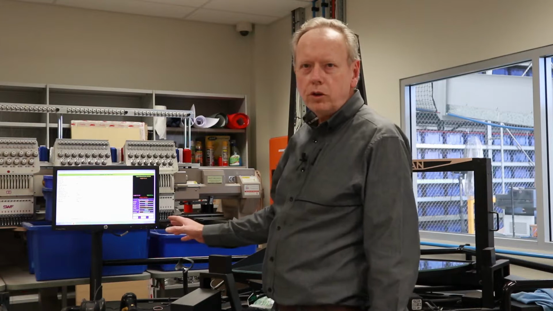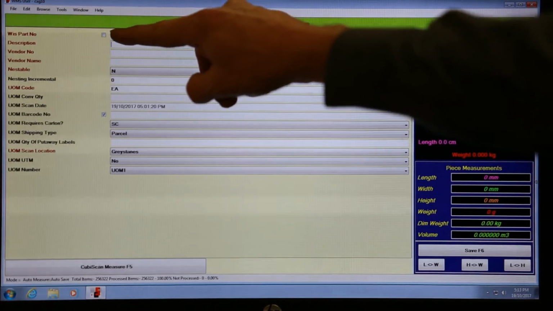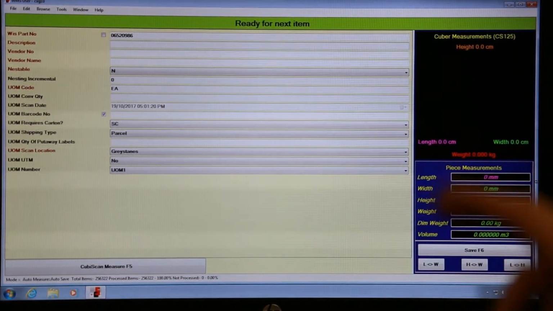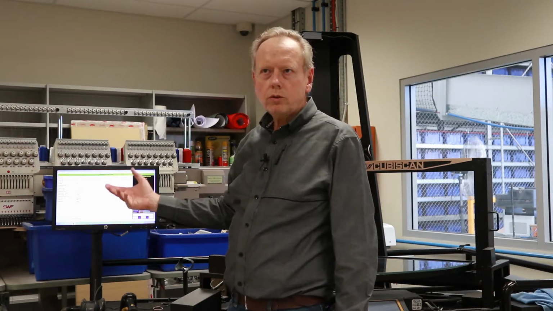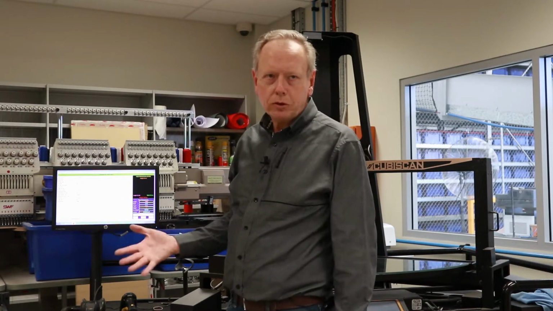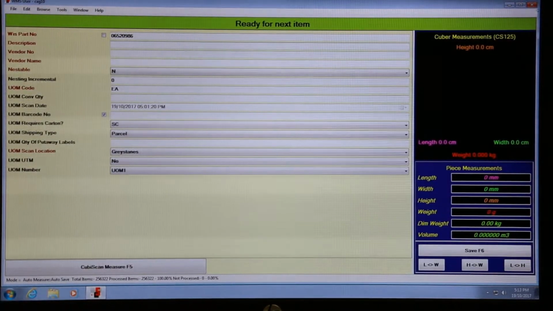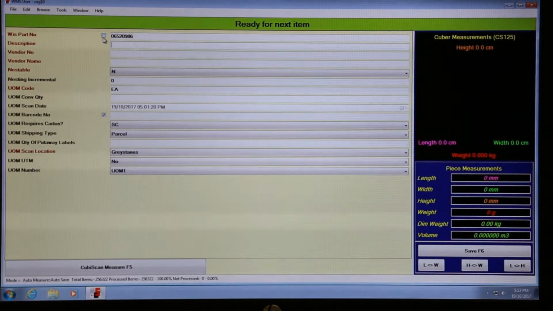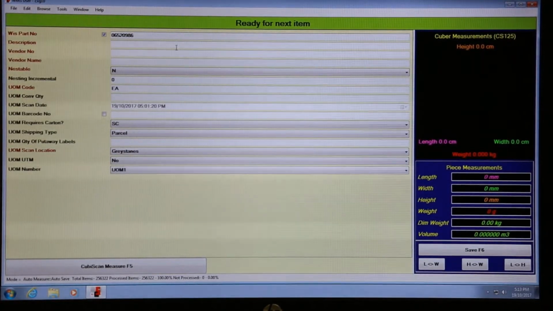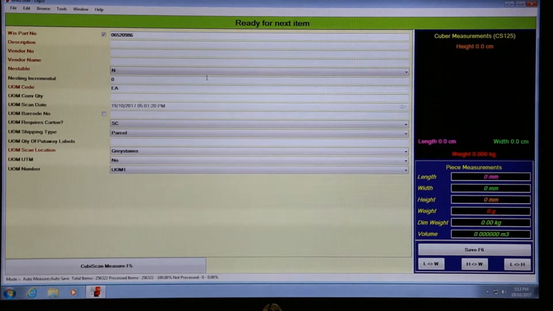Now, it didn't find the information when I tabbed off then, and the reason was that I didn't have this checkbox ticked. You have the ability to search both for the product number, the part number, or the product barcode, if that's in the system. And of course, as we go forward, we'll have more in the system and you'll be able to actually search for the product barcode. But whichever one you want to do, you've got to have that checkbox highlighted. So put the little tick in the checkbox, move back onto that screen, have the cursor there and then press tab, and then hopefully it will bring up the details on that product,